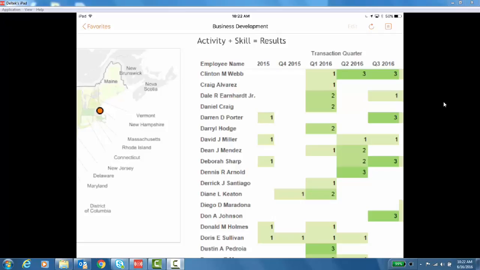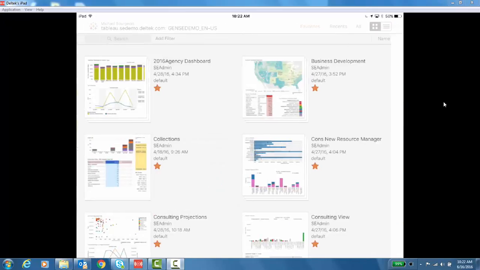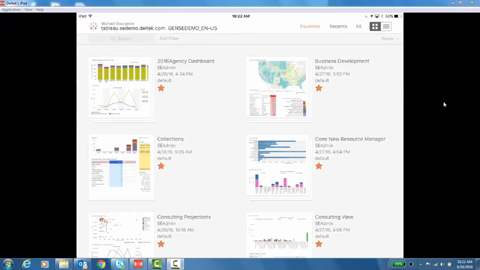So I need to make sure that these people are making their touches, creating their proposals, generating business to help feed that future pipeline. That's just one view and a couple of analytics that we can give you from a front office perspective, from a business development world. Let's think about it from a resource manager, that middle office worker,